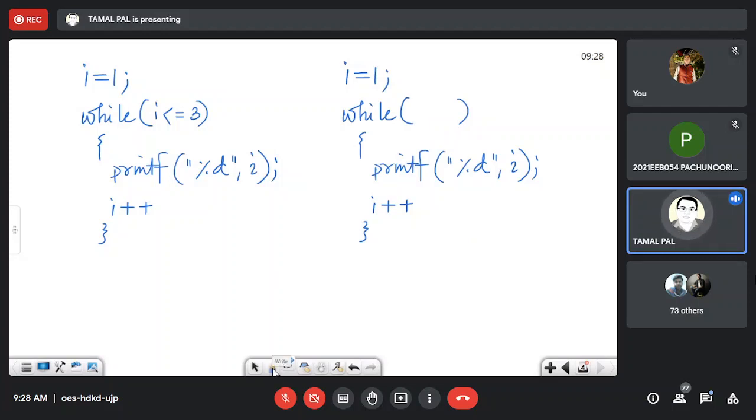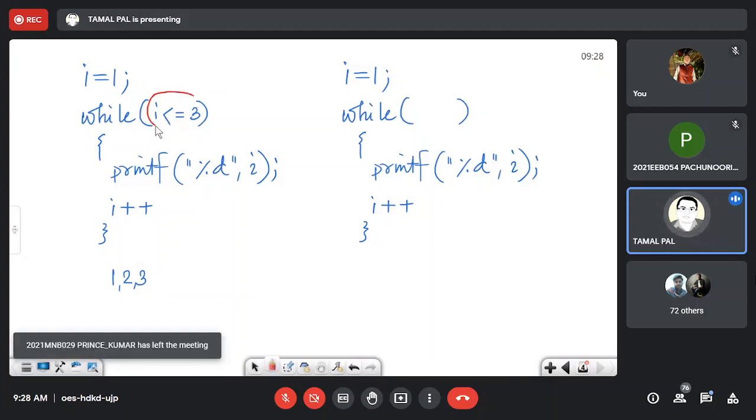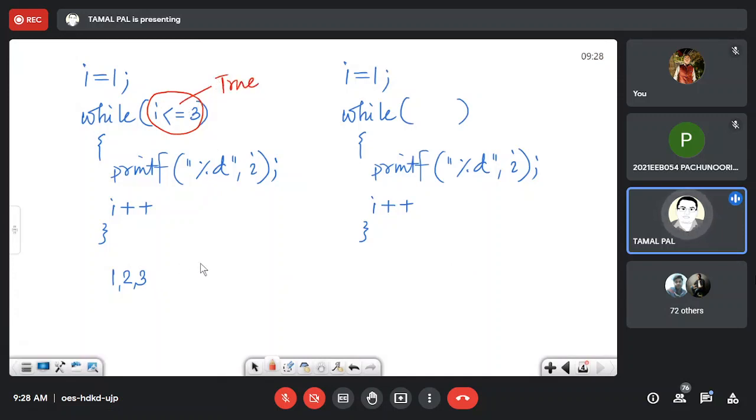Okay, I have copied the same code twice, and I have kept the condition blank. Now, as per your opinion, this program should provide 1, 2, and 3. What is the reason behind this? That this condition is true at the beginning. But why not 4, 5, 6?